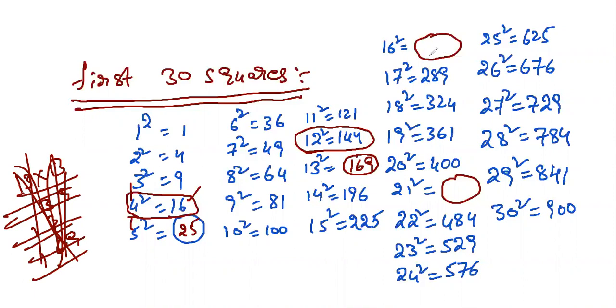For example, some person doesn't know how much 16 square is, but he knows up to 15 square. So by using the previous square number, how to find the next square number? 225 plus 15, 240. 240 and 16 will be added, 256. You'll easily understand this now, because we discussed it. So 400, the previous square number, 400 plus 20, 420 plus 21, 441. So the square number is 441.